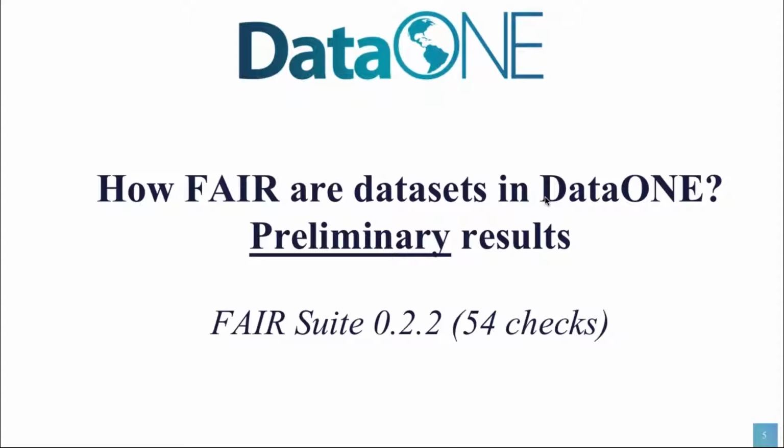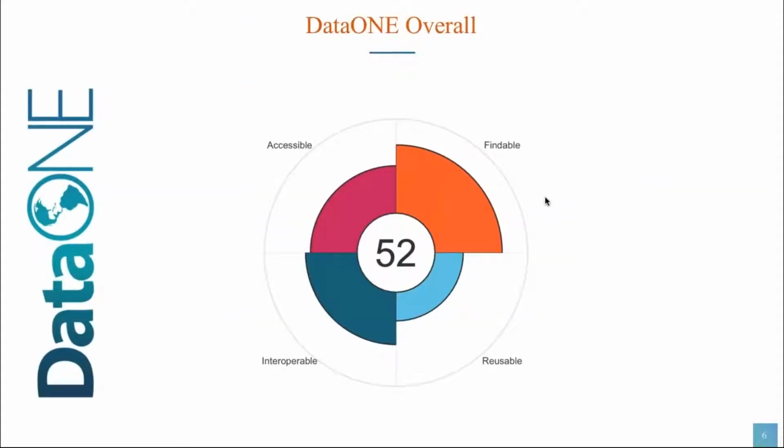I'm going to show a lot of these plots. Findable, Accessible, Interoperable, and Reusable are orange, red, dark green, and light blue, respectively. The extent to which each wedge fills the entire pie chart tells you how complete that particular score is. In this case, these datasets are mostly complete on the Findable category, but Reusable is still quite low. As I go through these, you'll get a sense of the different types of patterns. Overall, I think this is pretty reasonable. It's not at all unexpected that we would have a lot of emphasis on discovery metadata and less emphasis on interoperability and reusable metadata. If you look across the repositories,